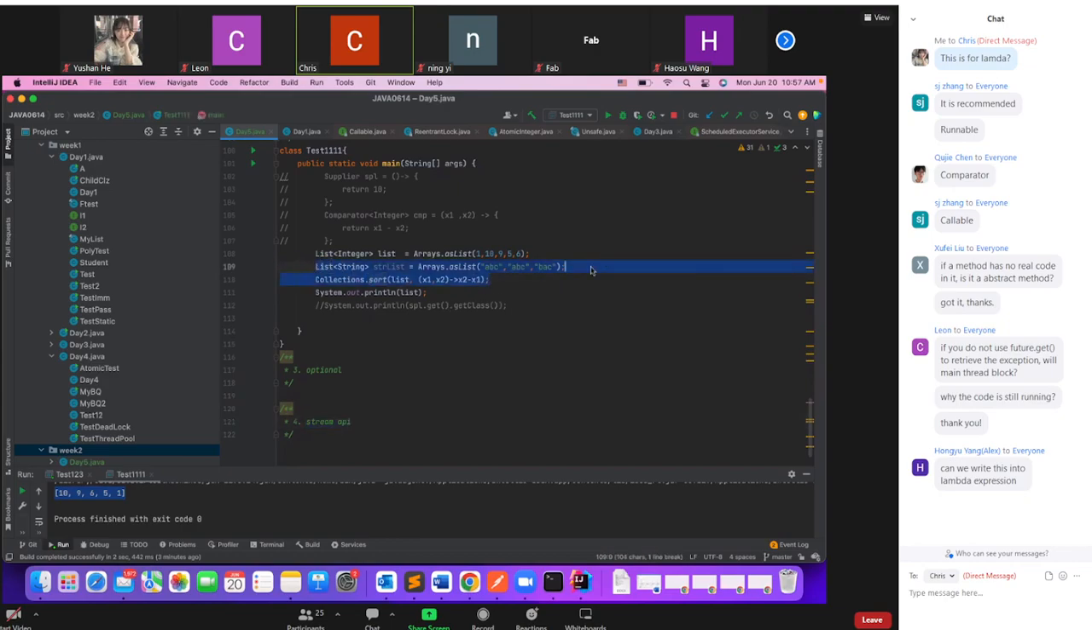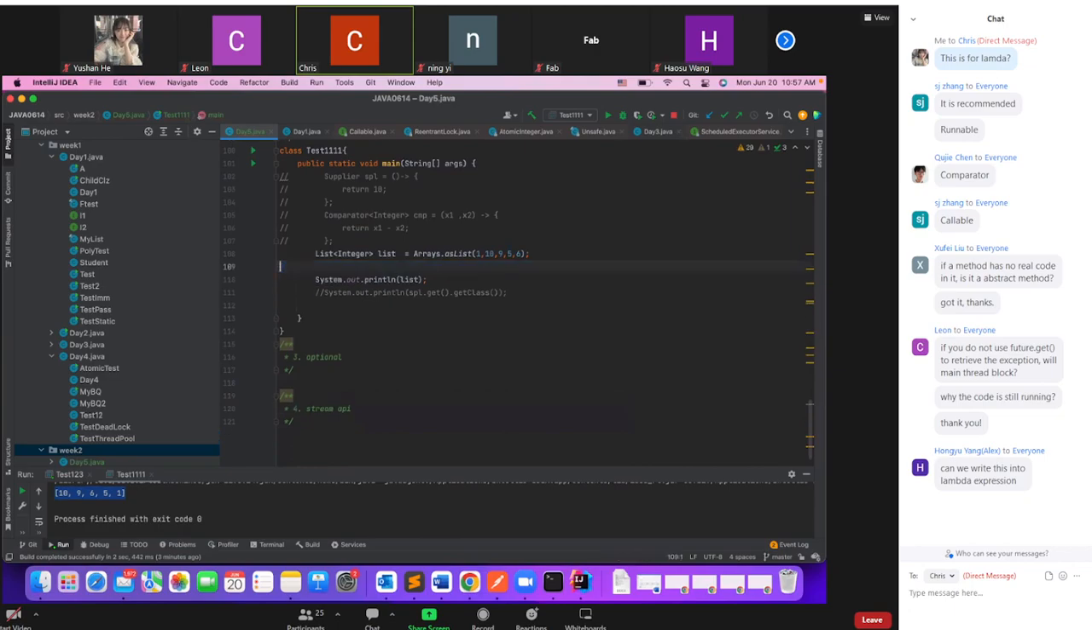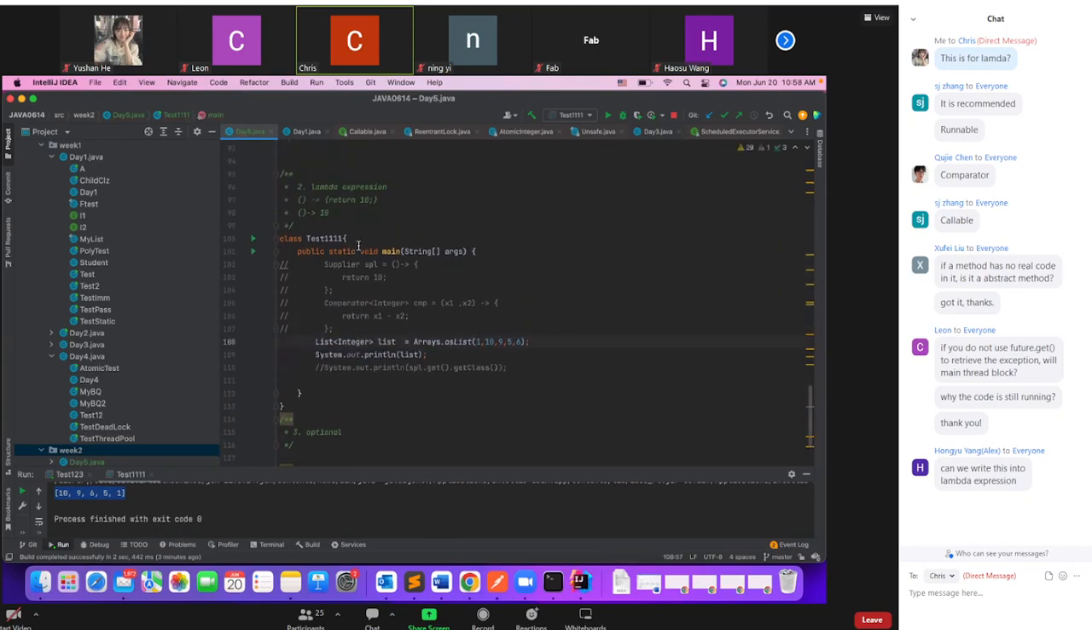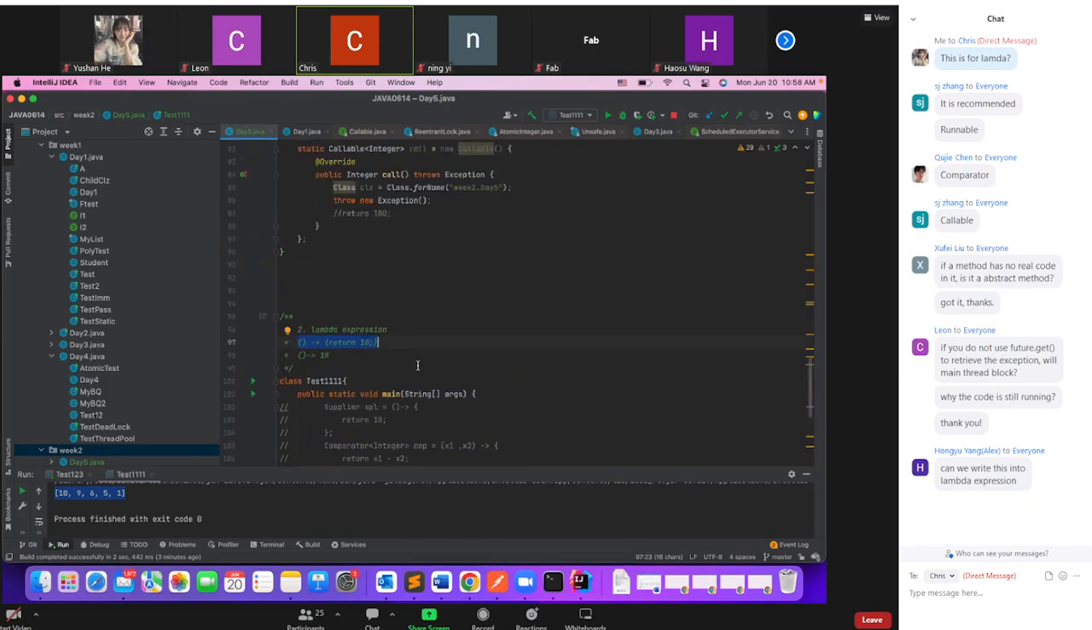What I want to do here is just count the frequency and then sort, but it's nothing complicated. Let's just forget it here. So this is the lambda expression. It is used to give an implementation to replace